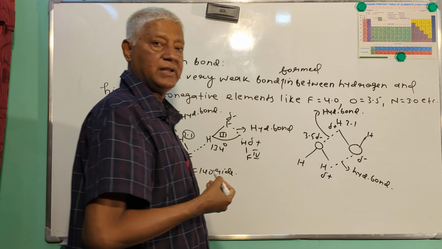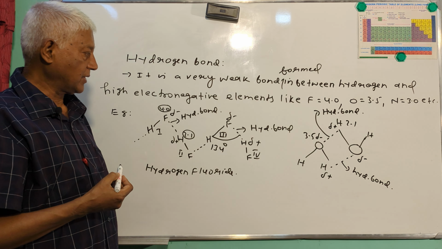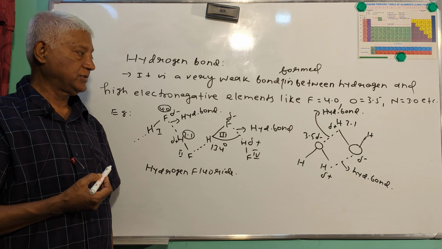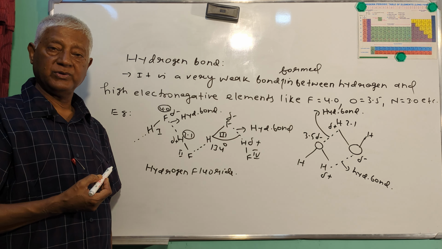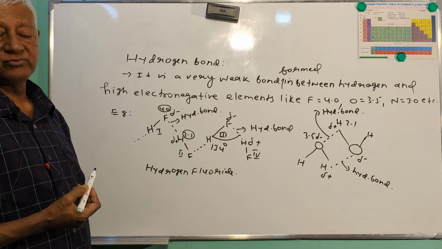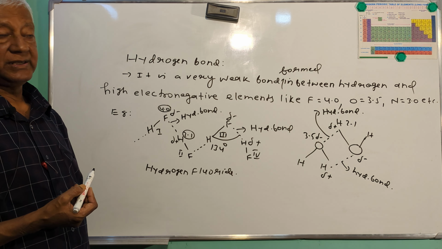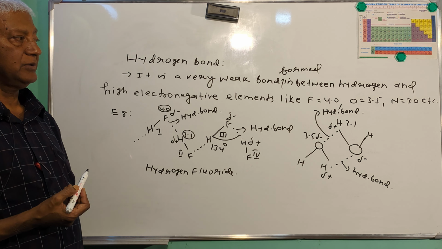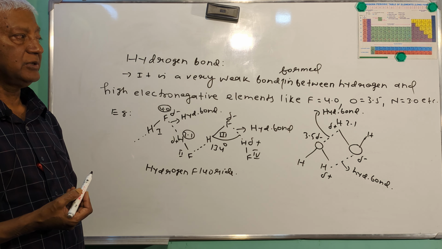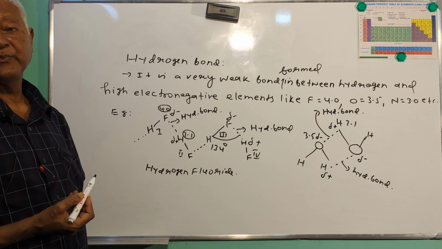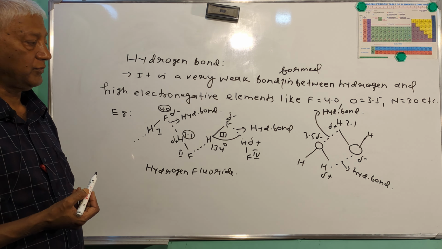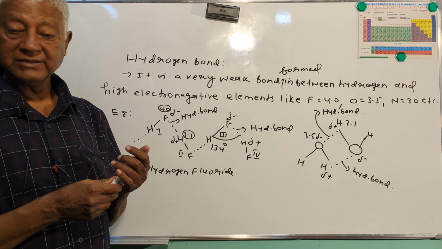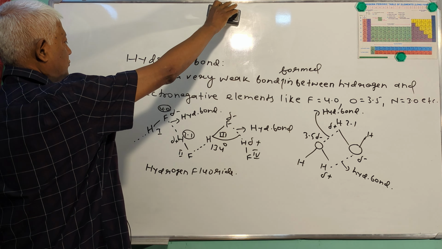So I think it is clear. So how is hydrogen bond formed? Generally hydrogen bond is formed in between hydrogen as well as highly electronegative elements like fluorine 4.0, oxygen 3.5, nitrogen 3.0. That is the electronegativity value. So that is about how hydrogen bond is formed. Next one is